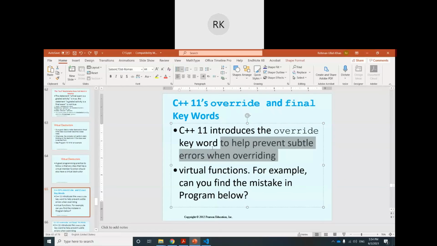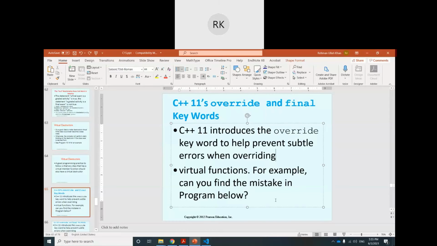Meaning, when we are overriding, the compiler will make sure that the function from the parent class is overridden, not redefined. If it is redefined, then it will be static binding, and if it is overriding, then it will be dynamic binding. So to force the compiler to do overriding, not redefining, use the override keyword.